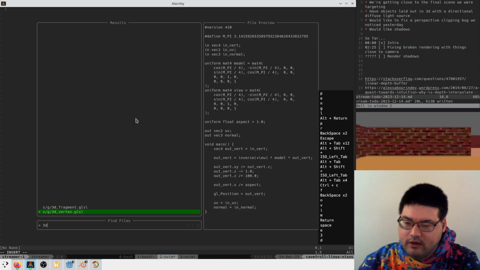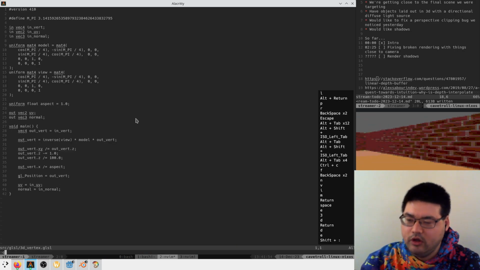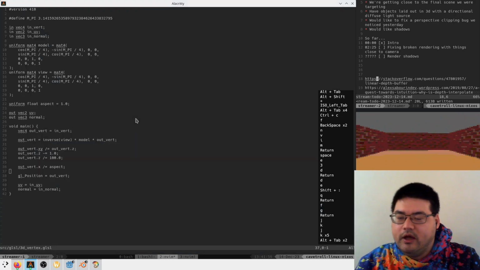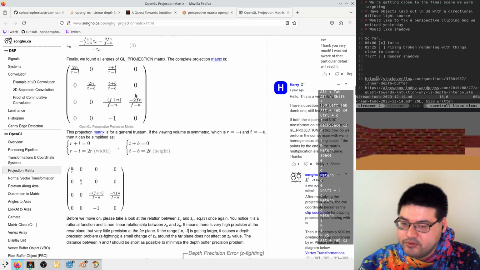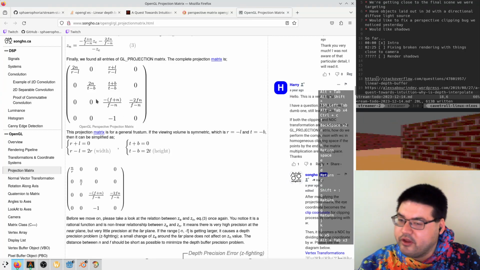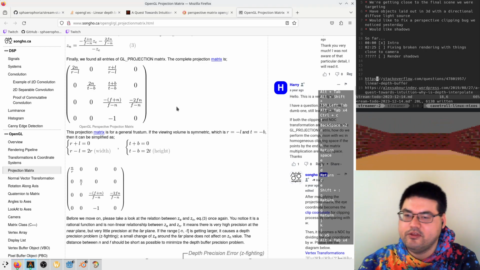Let's open up my vertex shader. This comes out to this term times the z position and this term times 1. And they've got their negatives flipped, I think. So I think that this is if we have